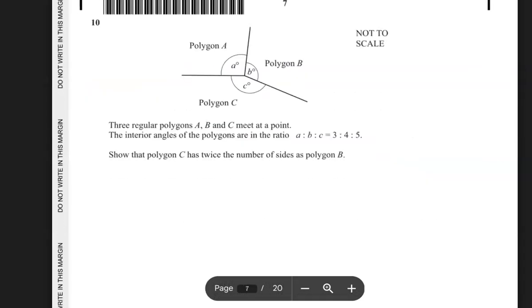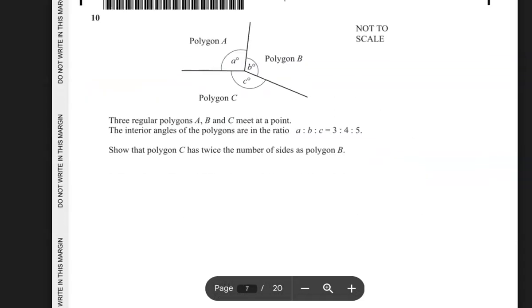Okay, let's move on. Okay, this one is ratio. Okay, 3 regular polygons A, B, C meet at a point. The interior angles of the polygons are in the ratio 3:4:5. Show that polygon C has twice the number of sides as polygon B. Wow. Okay, how many marks is this? 5 marks. So to show that polygon C has twice the number of sides as polygon B, there are 2 ways to do this. We can actually use the formula for the interior angles, or we can just use exterior angles. Okay, I'll show you both ways, but let's just actually deduce